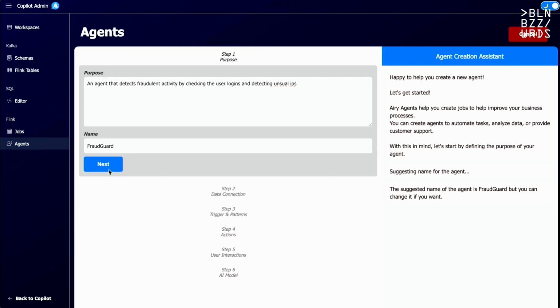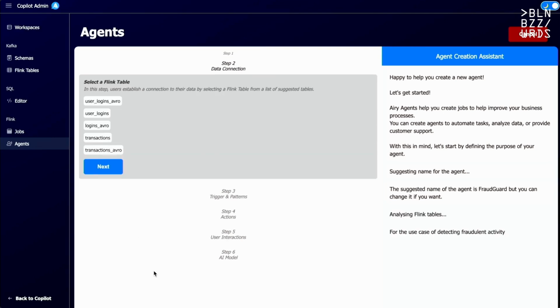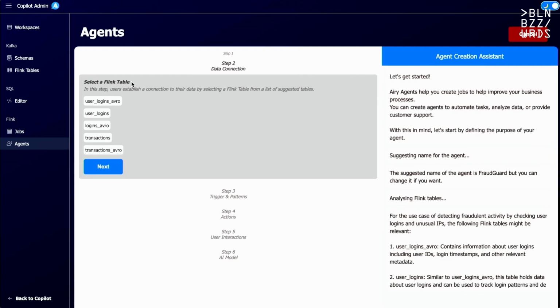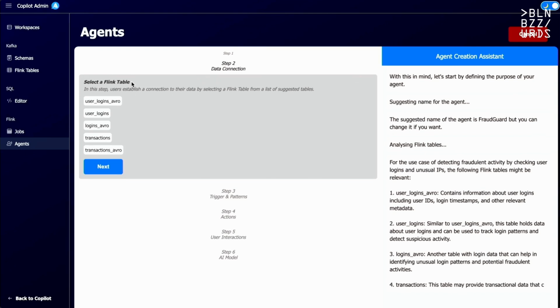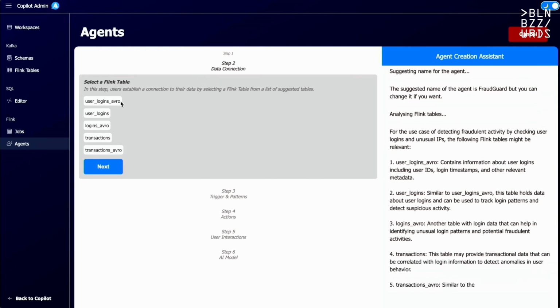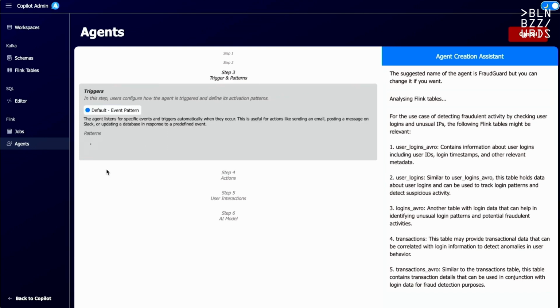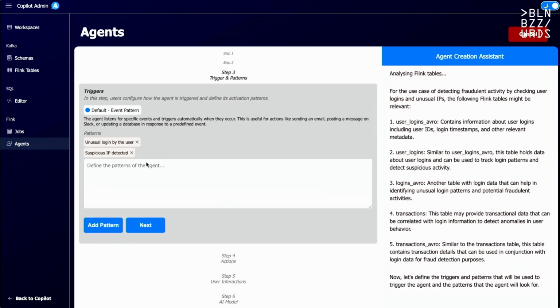Here the system would suggest a name, and it would also start looking for where in the data infrastructure we have data that fits this problem. It selects a certain selection of data sources, in this case, for example, the user login table and transaction tables. And then it also tells the user why it thinks that's the right place to look for that data. And then it tries to enable the user to build this agent, and it also suggests some patterns to look for. So these patterns can be